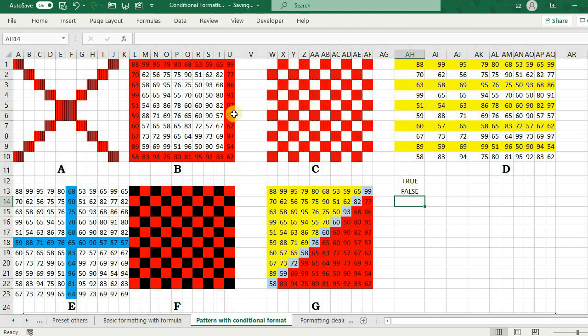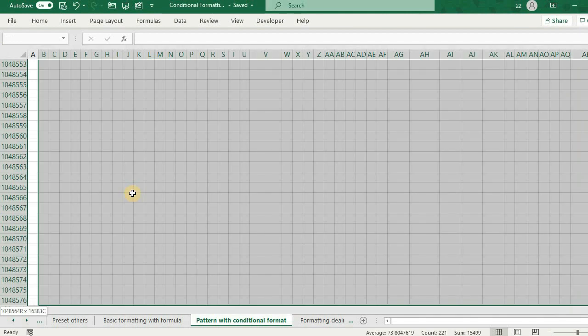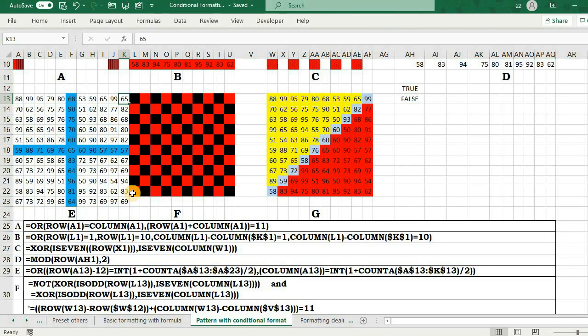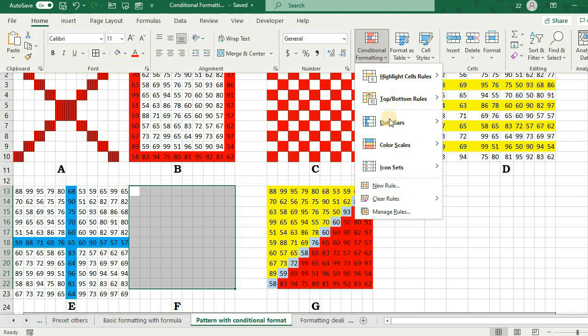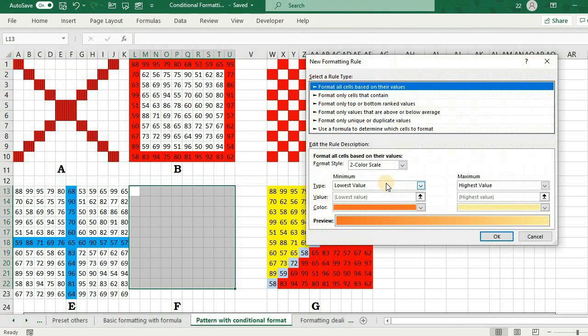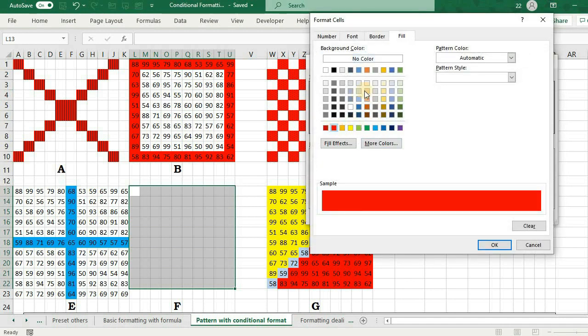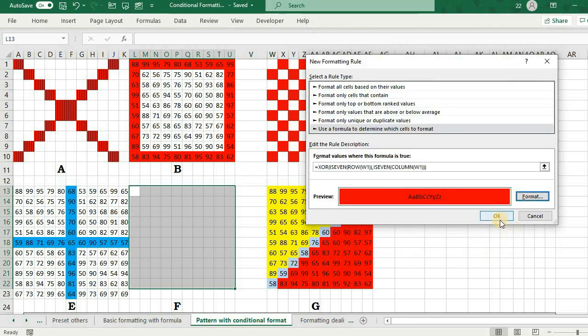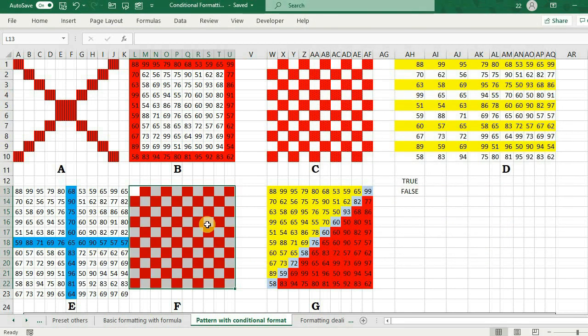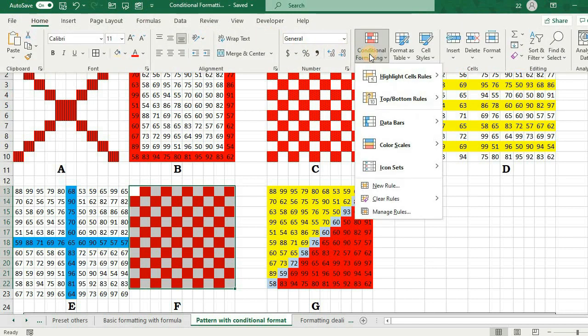I will copy the same formula that I had copied here. This is one formula. So this is one pattern that is highlighting this, and I will again apply another pattern and the formula here.